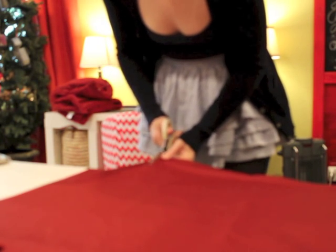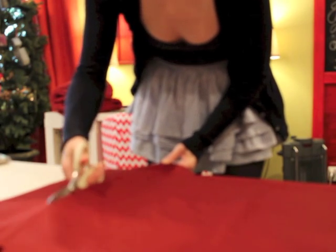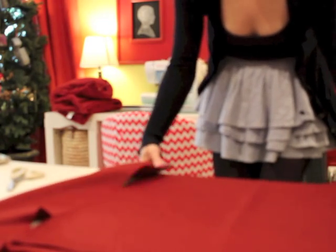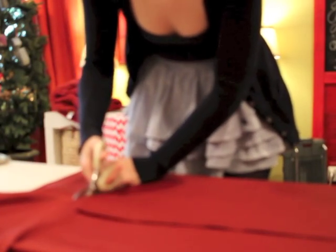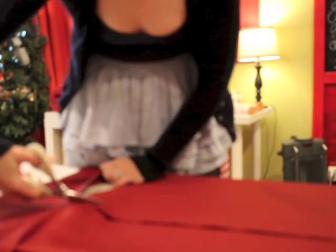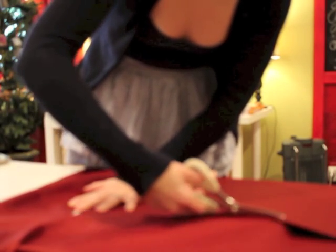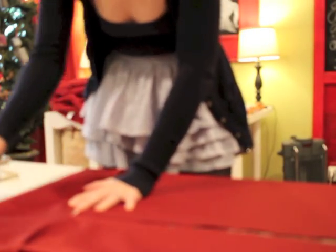When cutting your other pillow front, make sure to cut as closely as possible as you've already made your inch allowance with the original template. If your fabric becomes wrinkled, make sure to press it out so that you can have an even cut. I have now cut 3 pillow